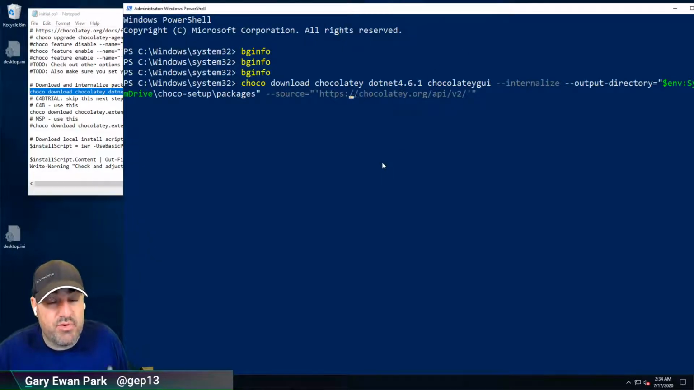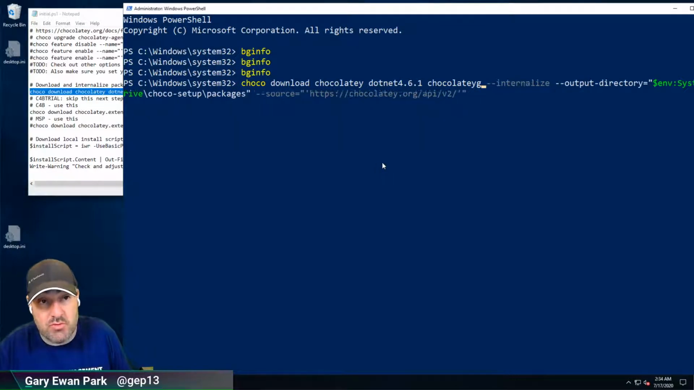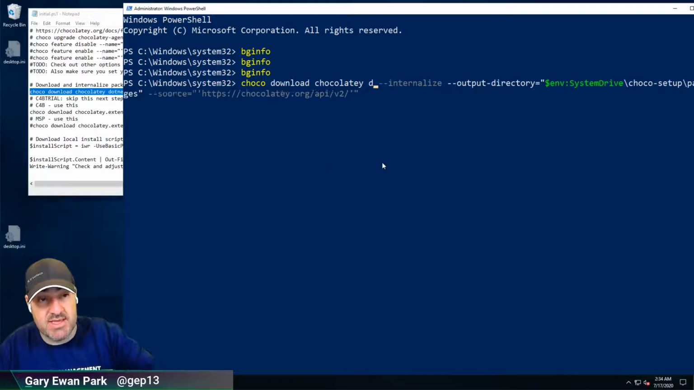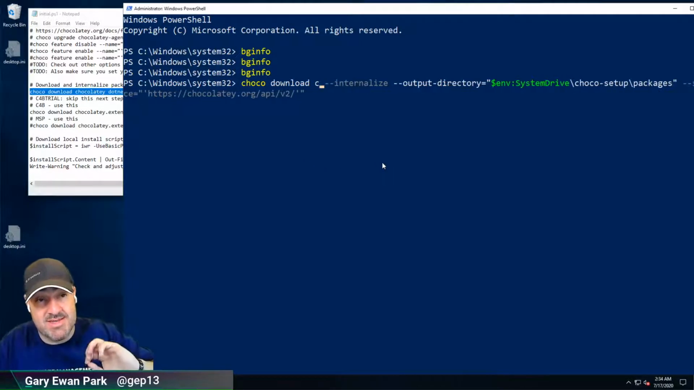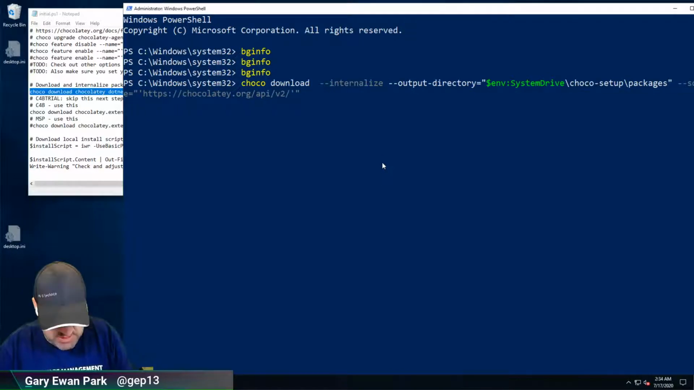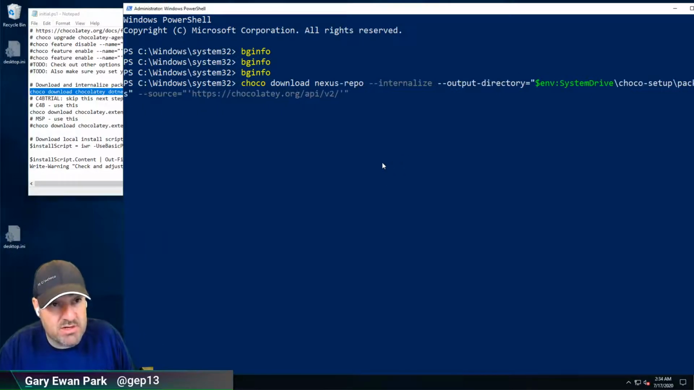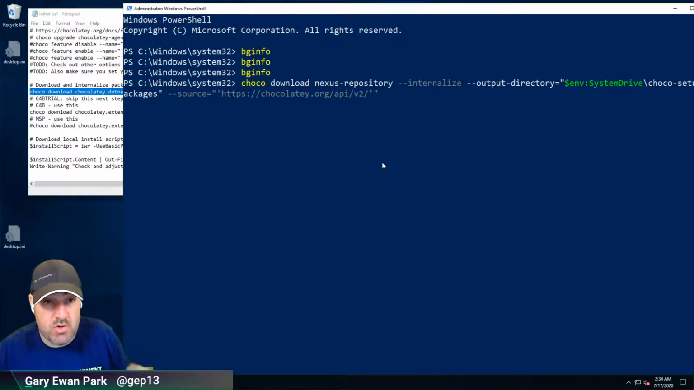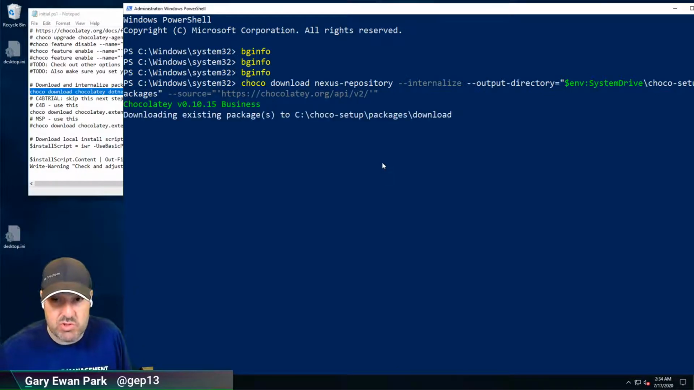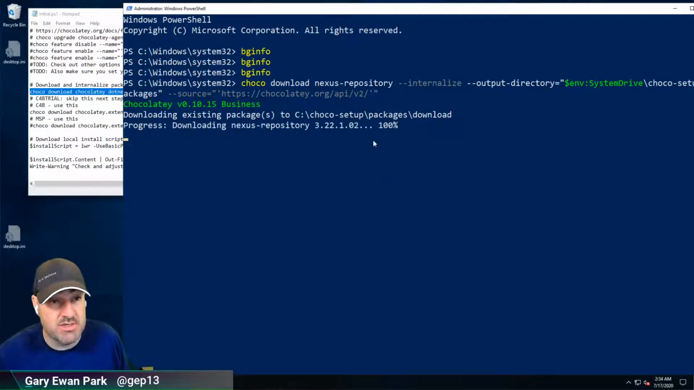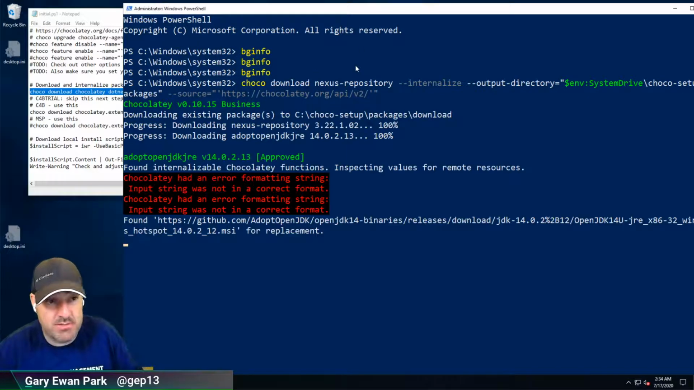So in a previous video, we showed how we can use the Chocolatey download, the Choco download command, which is the package internalizer, which can reach out to a repository, in this case chocolatey.org. It then can download and internalize those packages. So the one that I'm going to download and internalize now is called the Nexus Repository. So it's the package that we're going to use to install Nexus on our other machine. So I'm doing this on my workstation machine because, again,